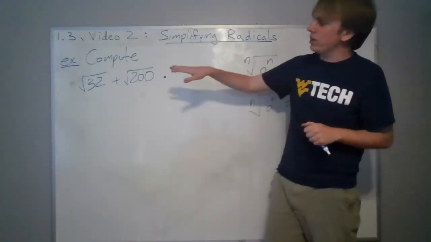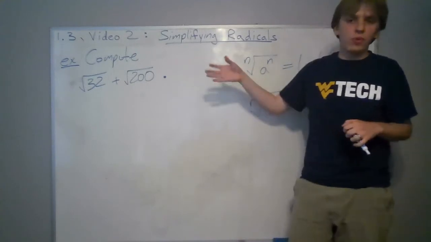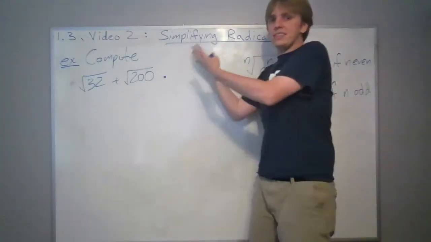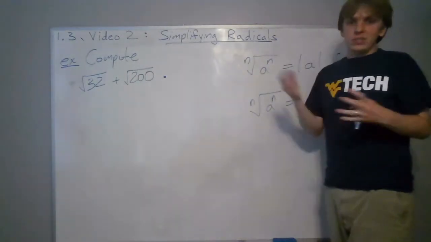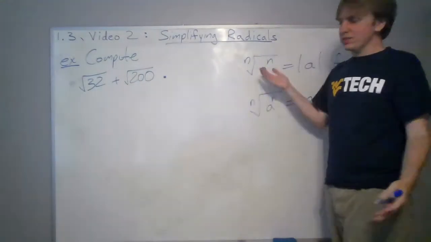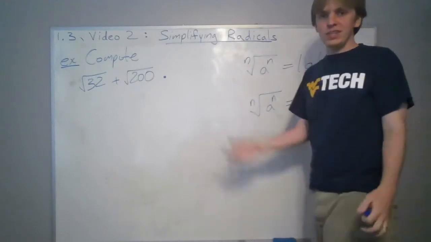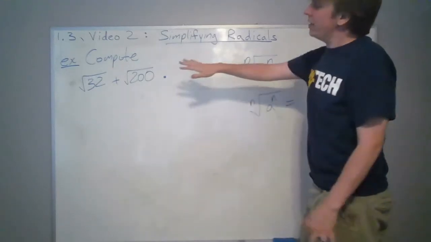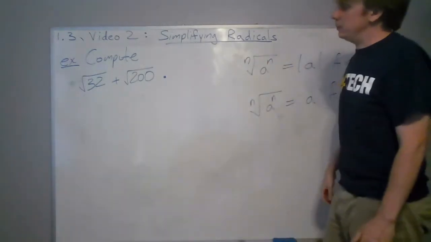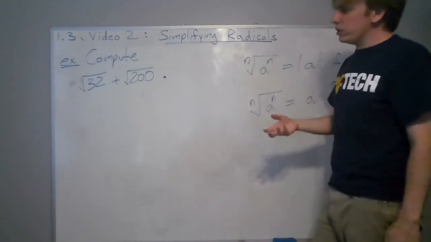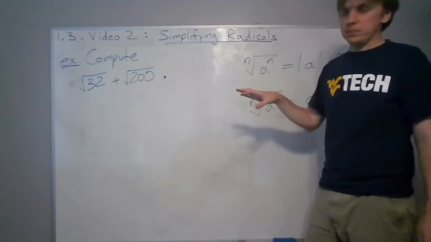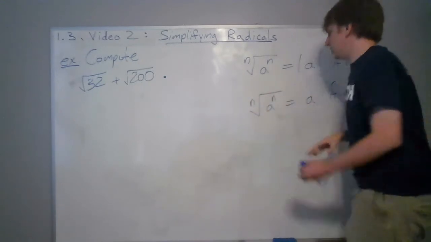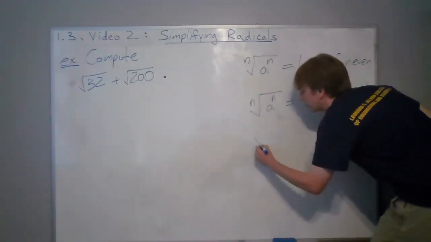So we have to see if we can maybe write these two in simpler ways in order to get something out of this. Unless we had the calculators available to us, in which case we could turn everything to a decimal and this would be a silly question. It's an easy one. But let's just try it without a calculator. What we're going to try and do is write each of these numbers inside as a product of simpler pieces. Because even though I just got done saying that square roots don't like sums,